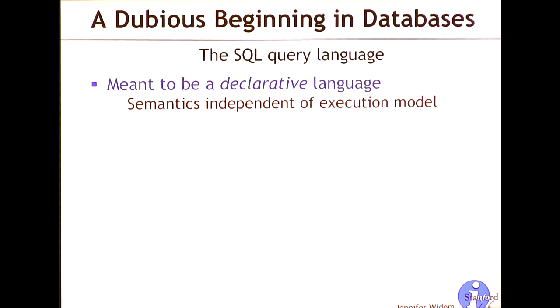How many of you know SQL? Good, we're going to do some SQL. All right. There's some nasty stuff in SQL. Okay, so SQL was meant to be a declarative language, and I've already talked about that. What that means is that you have a language, you have an understanding of what the meaning of queries is, the semantics, that's independent of how you execute it. So you're not saying, open this file, go through these records, open this other file, match up the records. You're saying, I want to do a join and a selection. That's what the SQL language is meant to be. And that's what query optimization is all about, finding the best execution plan for a query.